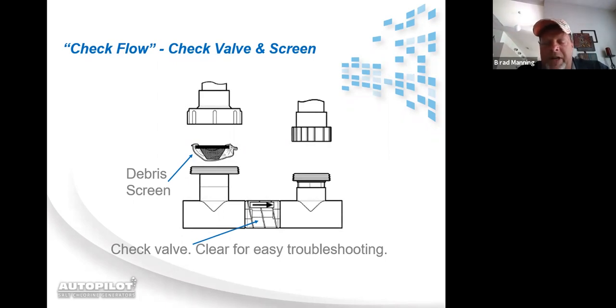So, if you're getting a check flow message, you want to check that the check valve is working properly. Turn the pump off and make sure that plunger closes. If the plunger in the check valve doesn't close, it means it's stuck in the open position. So you need to open up the manifold, wrap a piece of plastic around the union screen, close the manifold back up, and then bump the pump up onto the highest RPMs or up onto high speed if it's a 2-speed pump. Hopefully, with full water flow going through this check valve in the bottom, it will blow whatever debris may have that check valve stuck out here in the open field, and it'll allow it to close when the